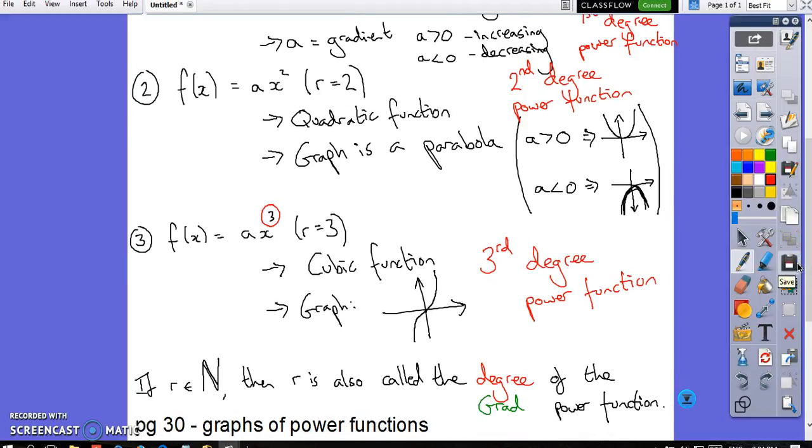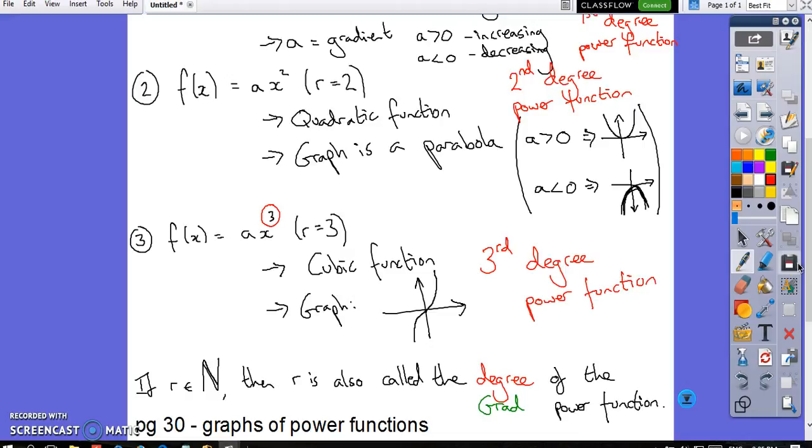And if you have a look on page 30 of your textbook, it gives you a nice summary of the graphs of lots of different power functions. It starts from the power function f1 of x, which is x to the power of -5, and it goes all the way up to f12 of x, which gives you x to the power of 6. And if you could find that page in your book and take a look, I'd like to notice a few things about the graphs of the different power functions, because we can notice some patterns in how the graphs look, which can help us then to identify how graphs of functions should look, and so you can match equations to